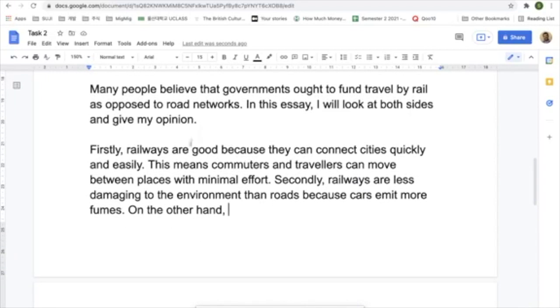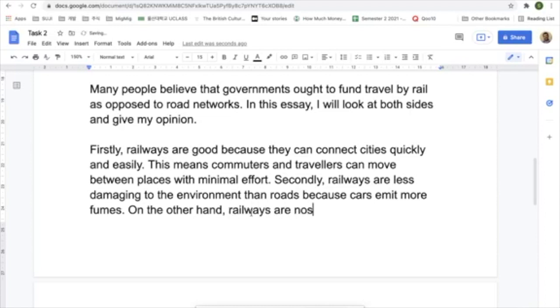Okay, so government should spend money on railways, is what I'm saying, because they connect cities quickly and easily. This means commuters and travellers can move between places with minimal effort. Secondly, railways are less damaging to the environment than roads because cars emit more fumes. On the other hand,